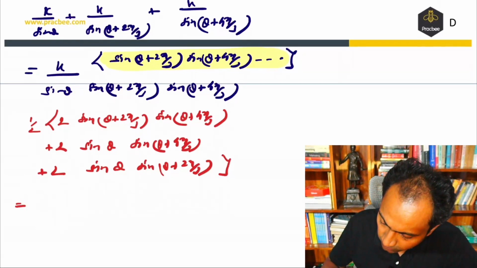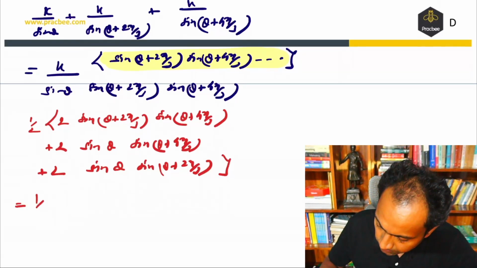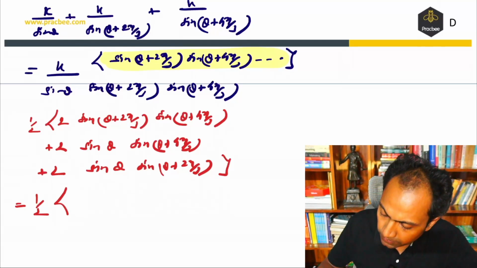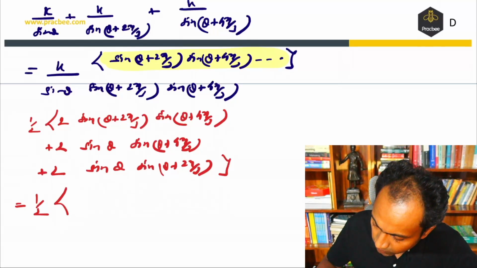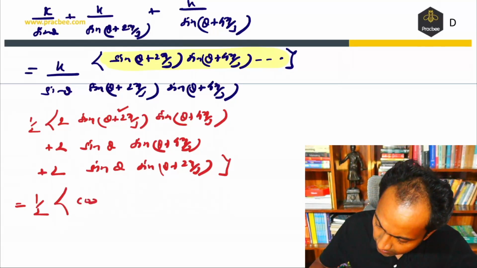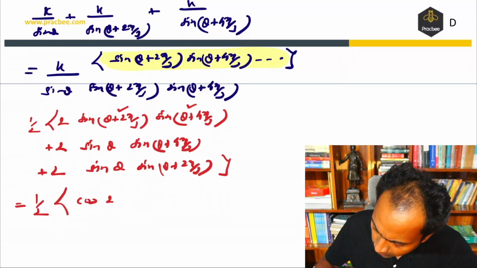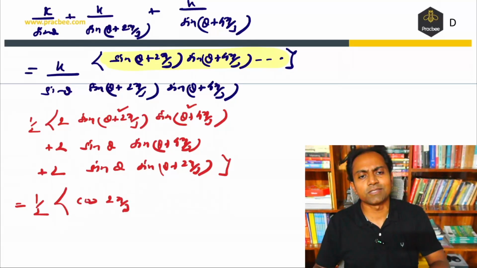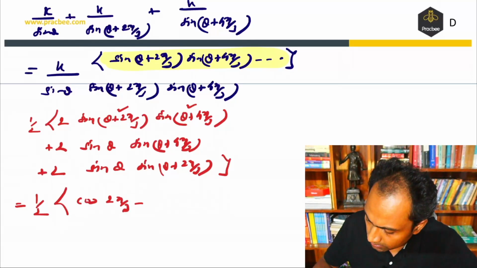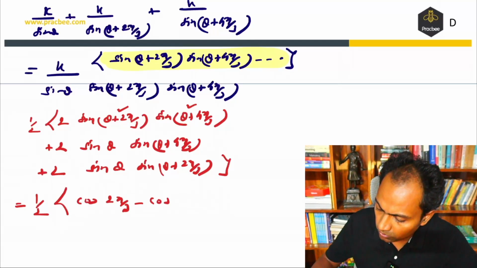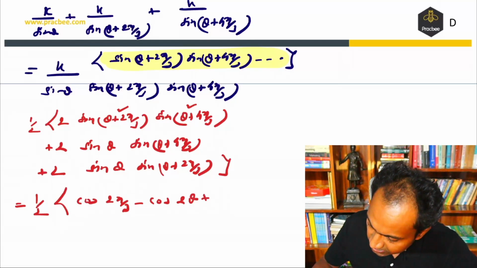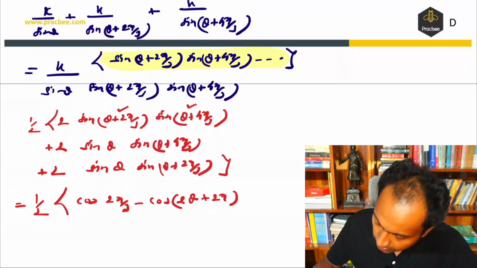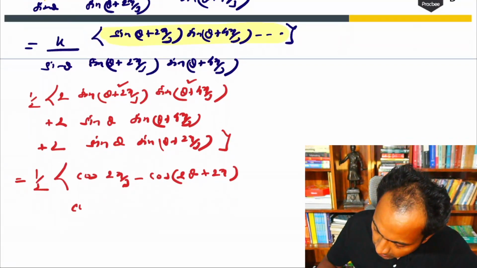We can apply the formula of 2 sine A sine B. So this will become cos of A minus B minus cos of A plus B. So if I apply this formula, this will become cos of this angle minus this angle. That will become cos of 2 pi by 3. Now cos of minus theta or cos of theta is the same thing. Then cos of addition of both of these, that will become 2 theta plus 6 pi by 3, that will become 2 pi. Similarly, the next part will become nothing but cos of difference of the angle, that will become 4 pi by 3